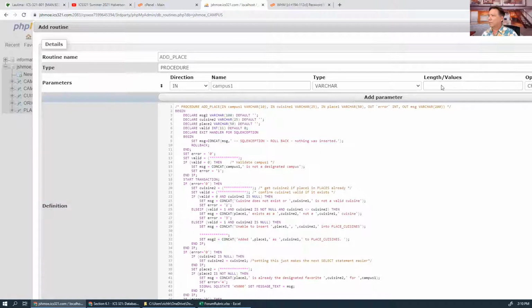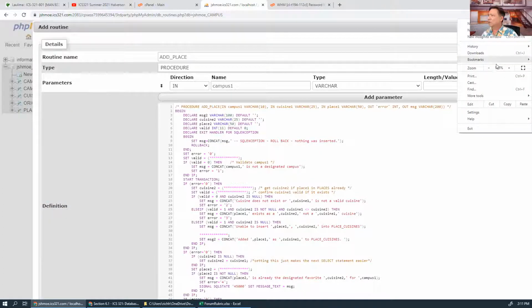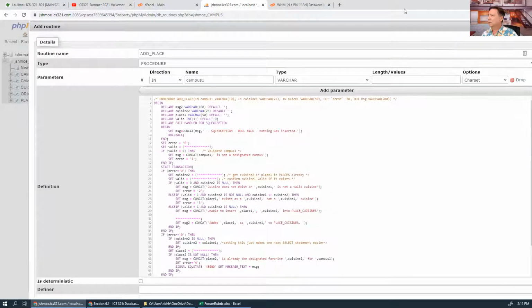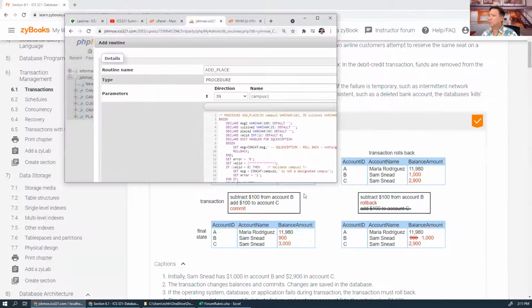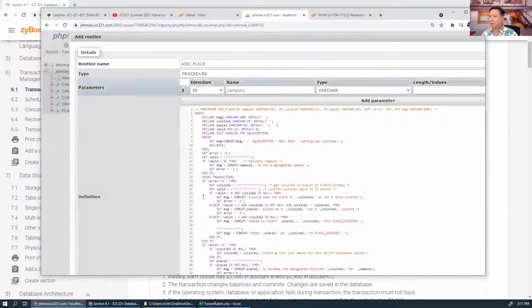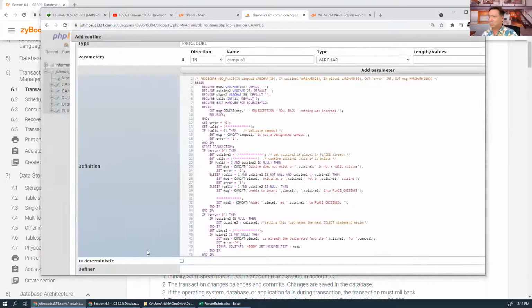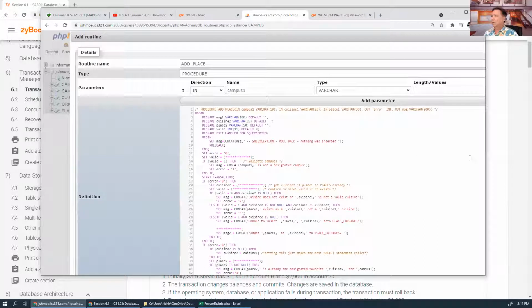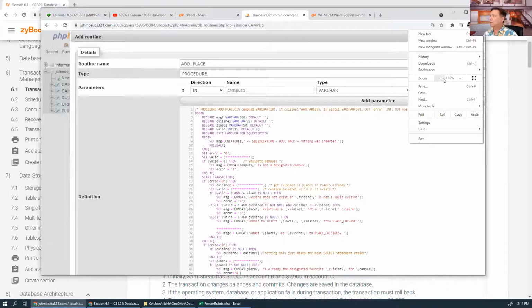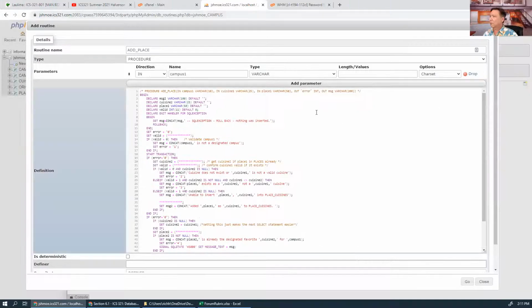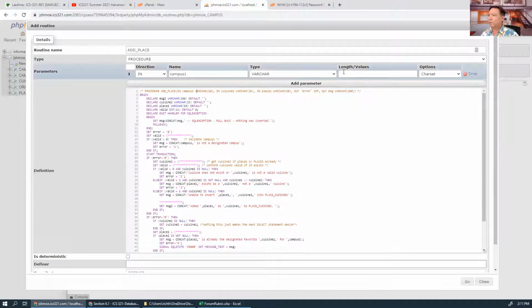I guess. Ooh, it's not good. I got it. All right, so I'm looking at that. Campus1 is a varchar 10,